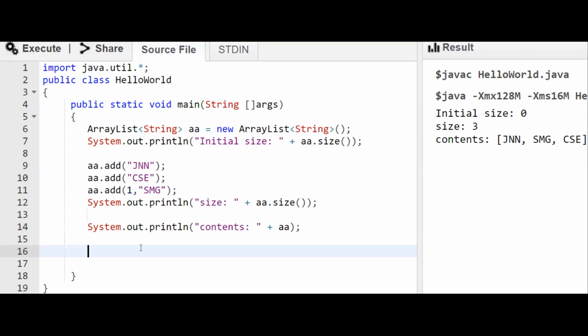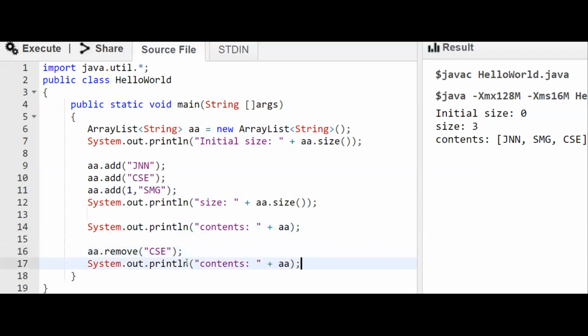If we want to remove any objects from the ArrayList, we can simply use the remove method. For this remove method, we need to pass what element we want to remove. If we want to remove CSC, we can remove it like this.